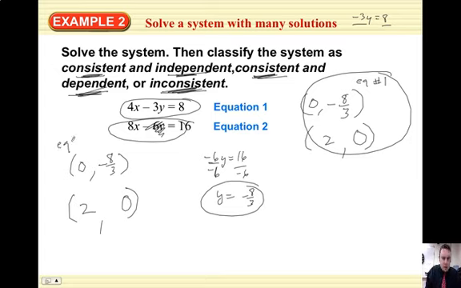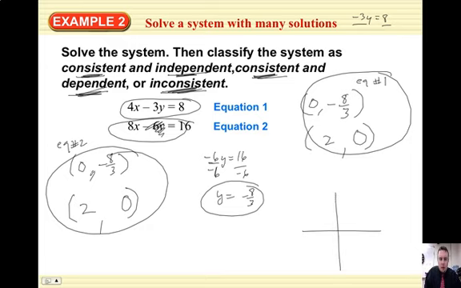Now look at this real close. Equation 1, equation number 2. They both have the same intercepts. So I'm going to do a rough sketch. 0, negative 8/3, which is negative 2 and 2/3, somewhere down here. 2, 0, somewhere right here. Draw a line. Okay, do this one. 0, negative 8/3, same point. 2, 0, same point,